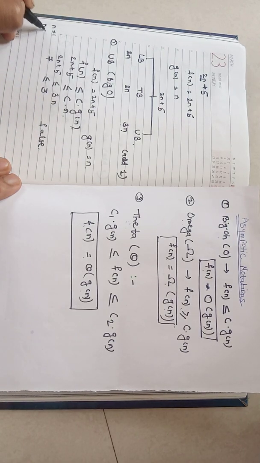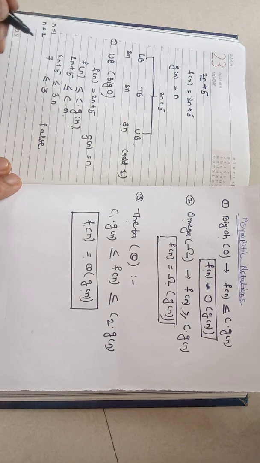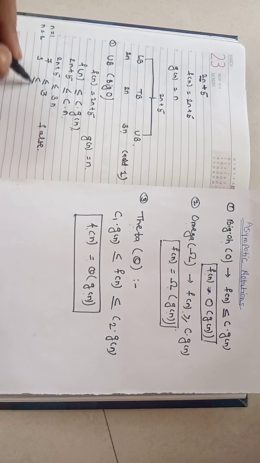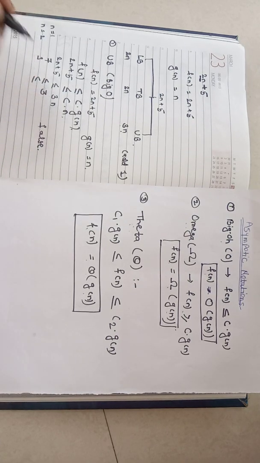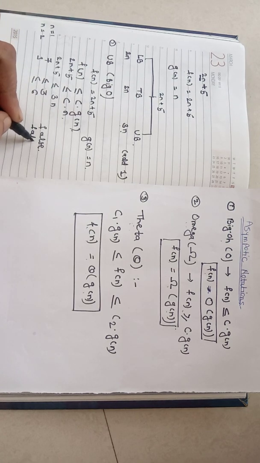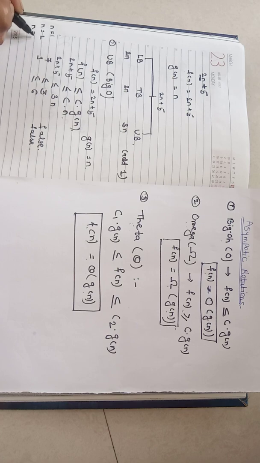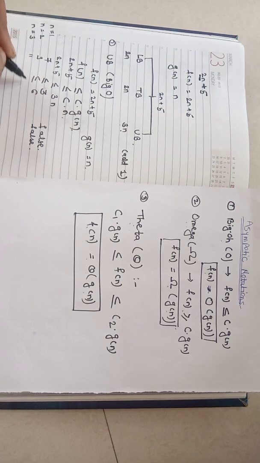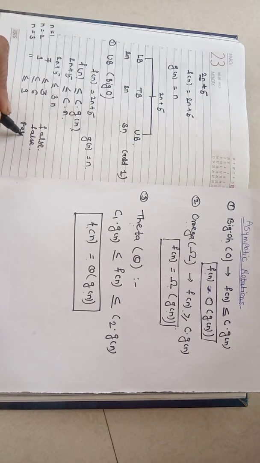Fine. And again the next consecutive value of n is equal to 2. After putting n equals 2, we will get here 9. Fine. So here after putting n equals 2 in 3n, we will get 6. Is 9 less than 6? No. False again. Next, n equals 3 here. After putting n equals 3 here, we will get 11. So is 11 less than or equal to, we will here get 9? Fine. So it is again false.